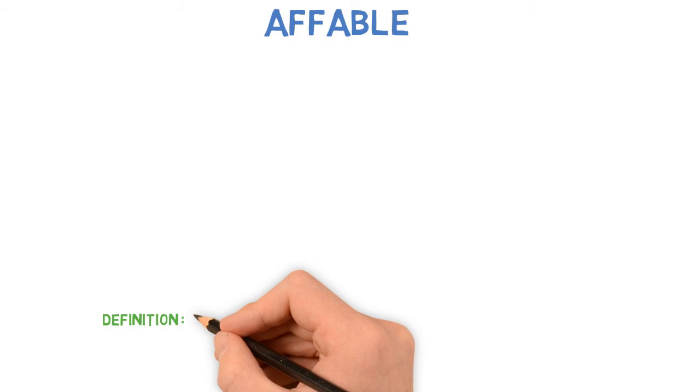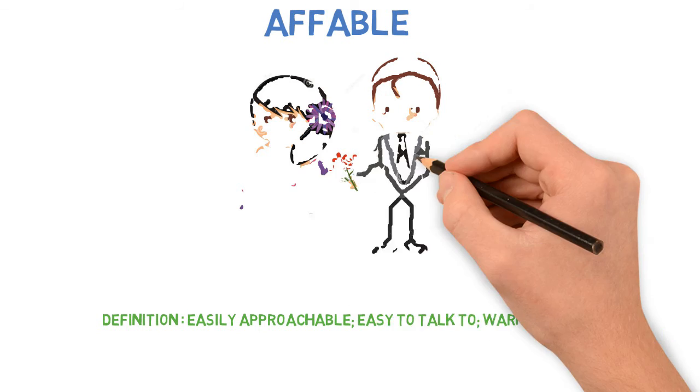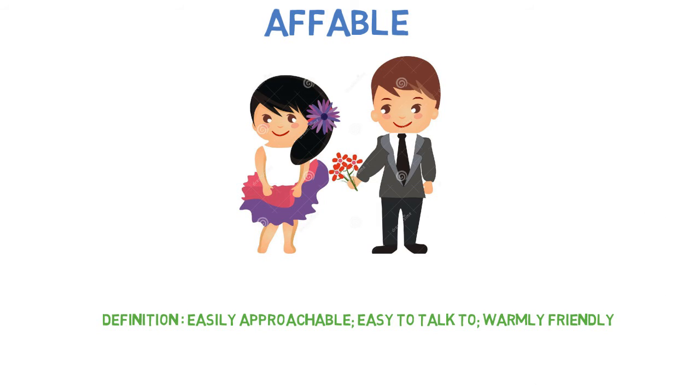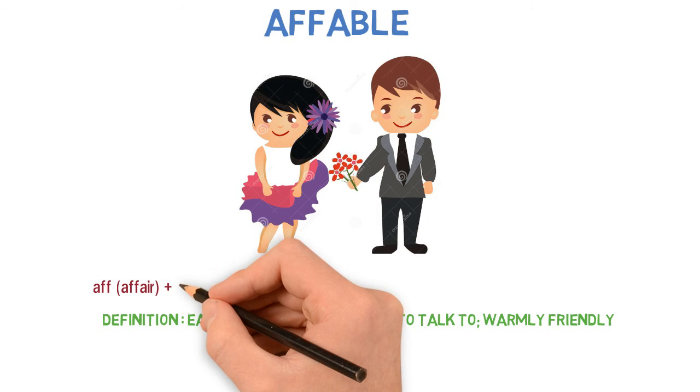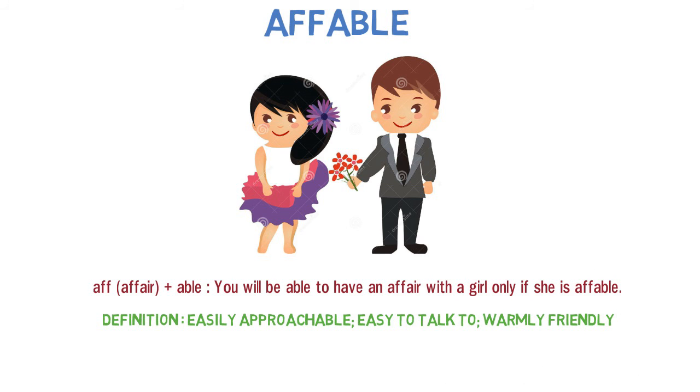Now, affable. Definition of affable is easily approachable, easy to talk to, warmly friendly. Okay. And the mnemonic which we can use here: if we bifurcate the word affable, F plus able, you will be able to have an affair with a girl only if she is affable. Here you can see the boy is trying to propose to a girl and he knows that she will accept his